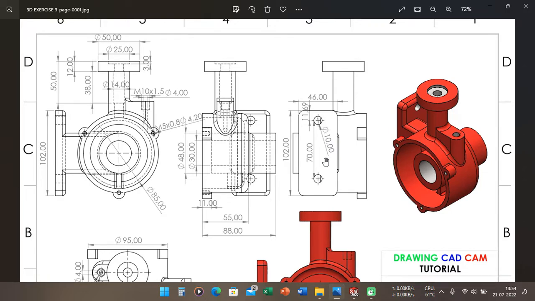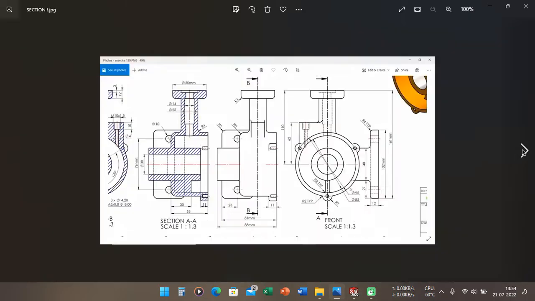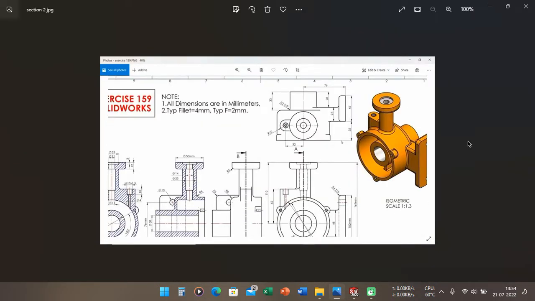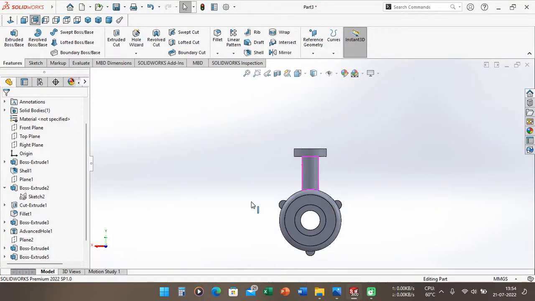The dimension is 10 millimeter, and the distance from the centering point of this circle is 7 millimeter. And you can see again here the total distance from the surface until the surface is 76 millimeter.